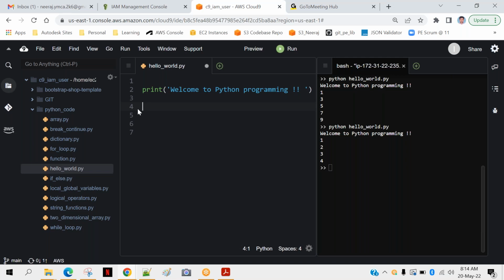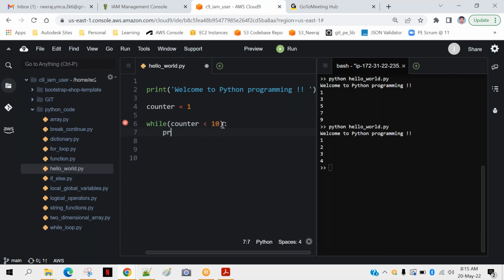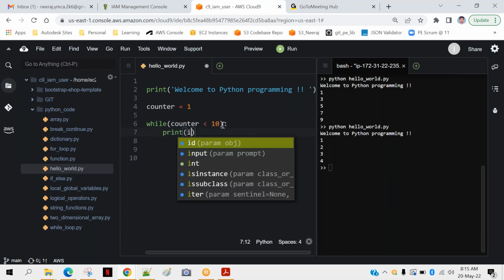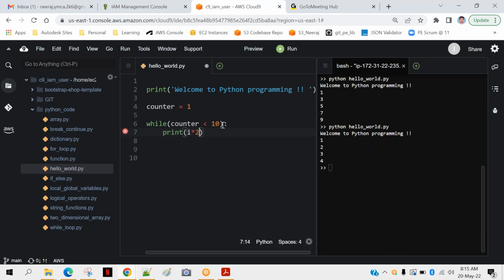So I will show you how to do that. I will take some value. Suppose counter is equal to 1. I will put a while condition: while counter less than 10. And what I will do is I will print I star 2.